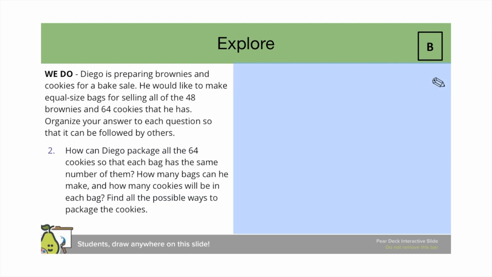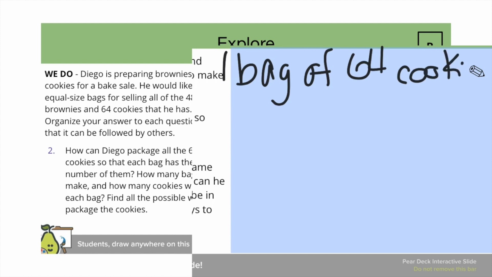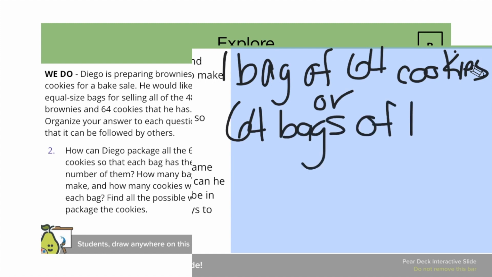For question 2, it's the we do. This time, how can Diego package all the 64 cookies so that each bag has the same number of them? How many bags can he make and how many cookies will be in each bag? Find all the possible ways to package the cookies. So for the we do, it can be 1 bag of 64 cookies or 64 bags of 1 cookie,